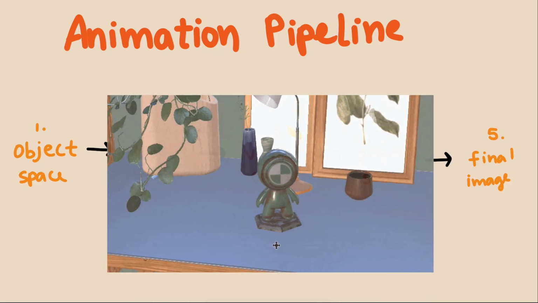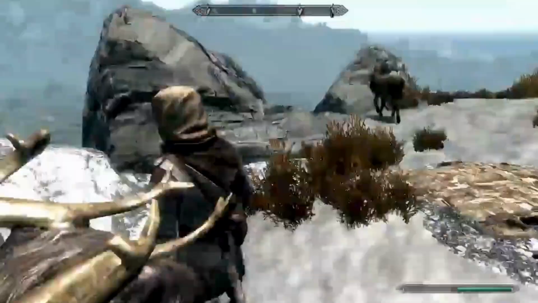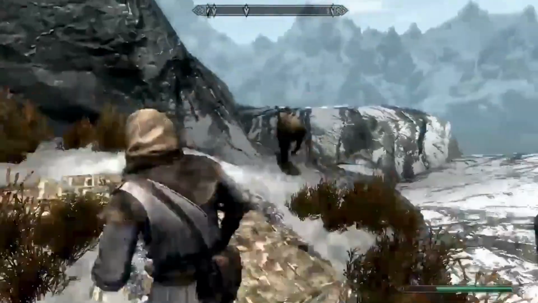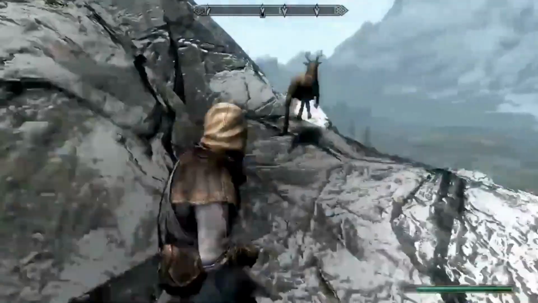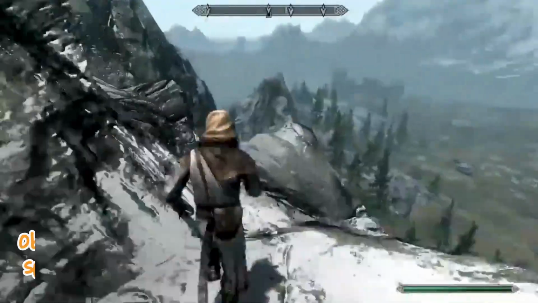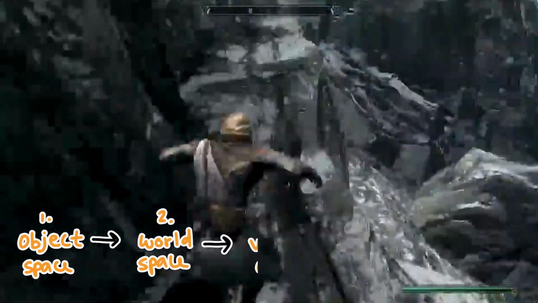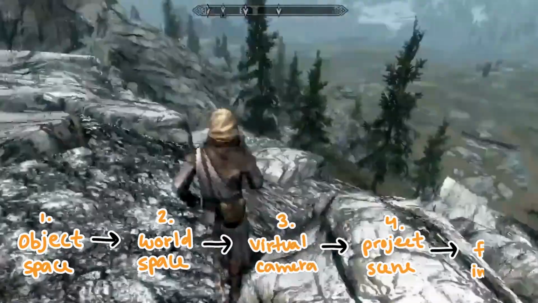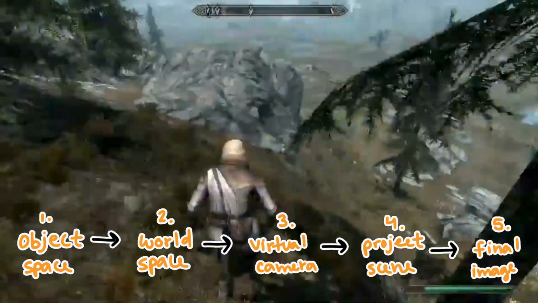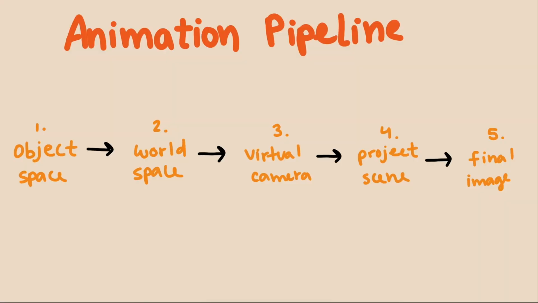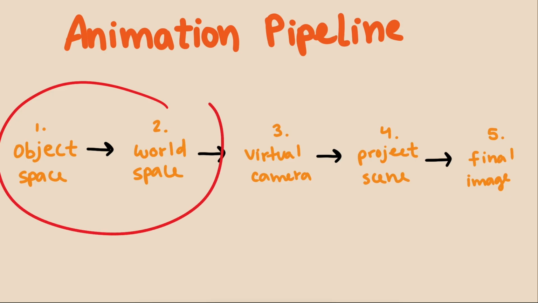pixel. What I think is crazy is that every time you pan or zoom on 3D objects on a computer, or move a player or change camera perspective in a 3D game, the computer has to go through the bulk of this process again, either 30 times per second or sometimes 60 times per second. For the rest of this video, we will just focus on the process of going from object space to world space. So how can we find the right matrices that do our desired transformations to transform our object to world